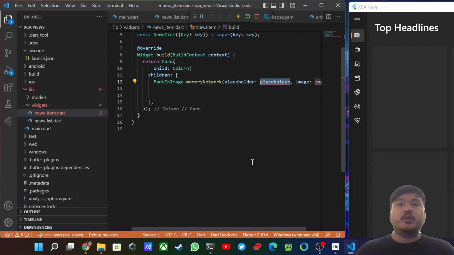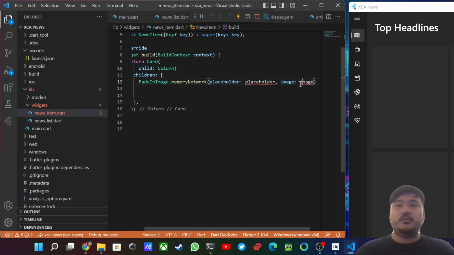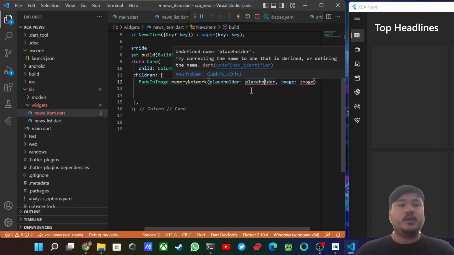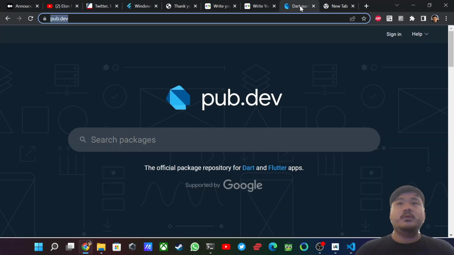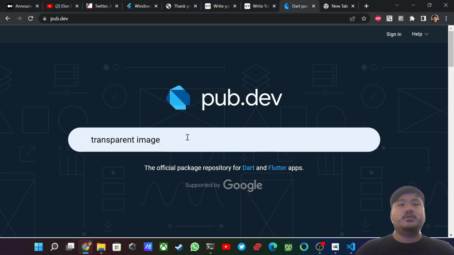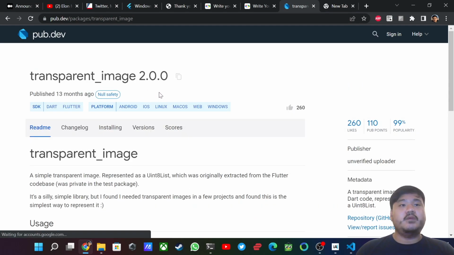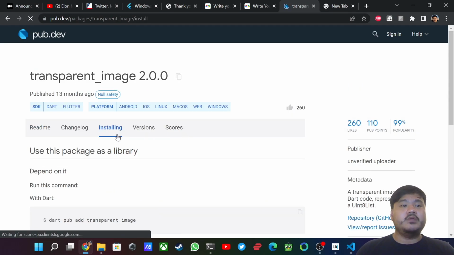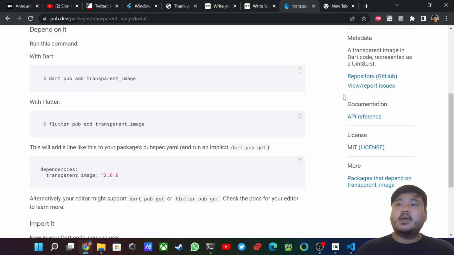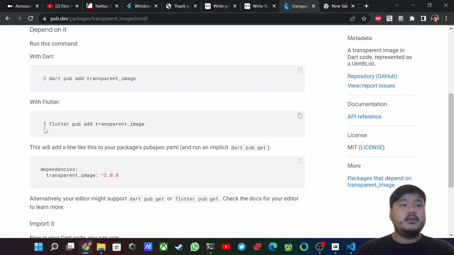There are two required parameters, which are the placeholder, which will accept a byte array of the image, and the URL string of the image. For this, I will use another dependency, which is transparent_image. By using transparent_image, it will provide the constant byte array that we can use for the placeholder. I think this is also created by the Flutter team. And then copy this,